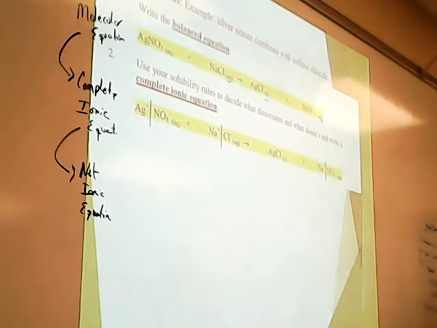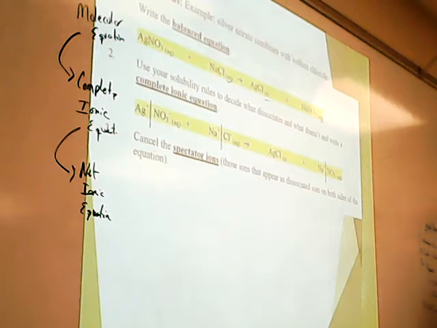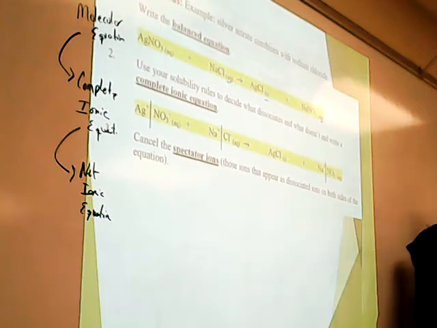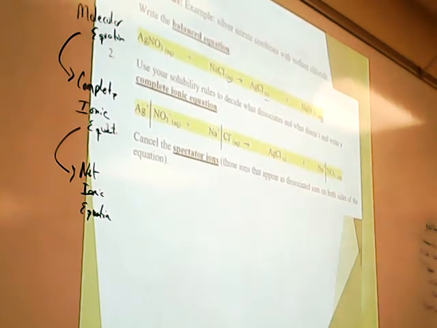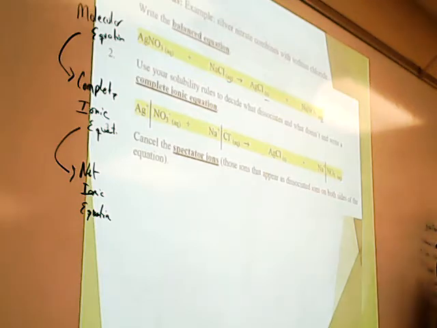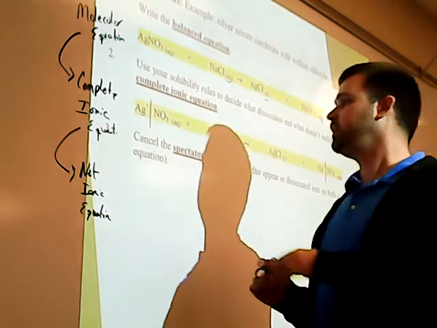Yes? From there, now you need to know what a spectator ion is. A spectator ion is an ion that appears obviously on both sides of the reactant in an aqueous solution. That's like the key part of that definition. A spectator ion appears in an aqueous solution on both sides of the equation. So how do we find those? Well, first,